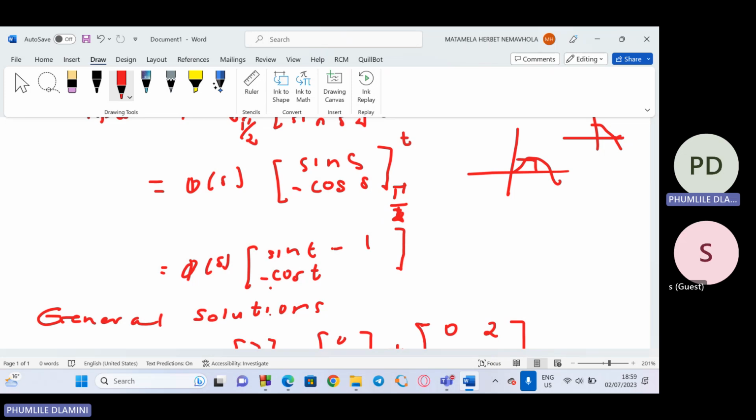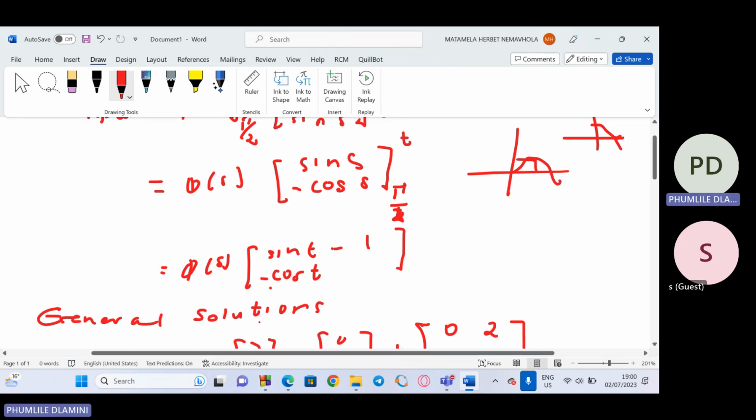So the answer that we end up getting, we get sine t minus 1, and then we also got negative t cos t. So now when we have this, if we solve this matrix here, you will see that we are going to get the other one is going to give you this one here. If we substitute this one as,